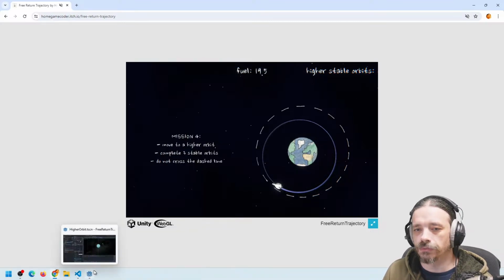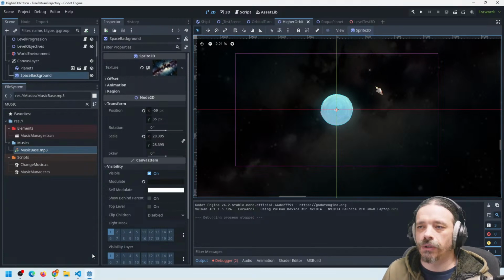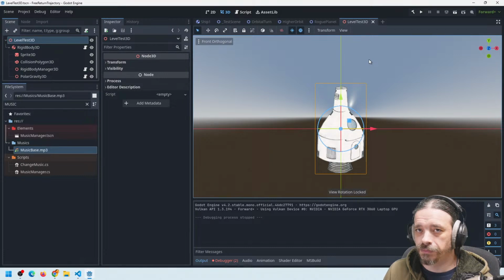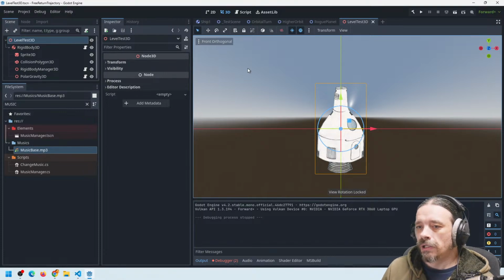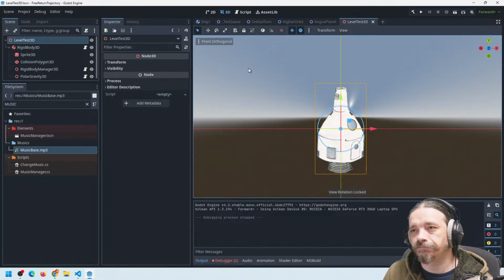What I'm going to do, I kind of already started, but I didn't finish, is recreate this entire scene in 3D. A lot of things need to change for this to be functional, and I'm not really sure if I will be able to just put the thing in 3D and have it work,